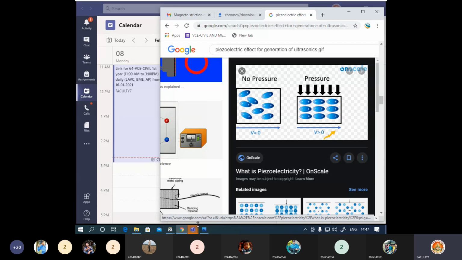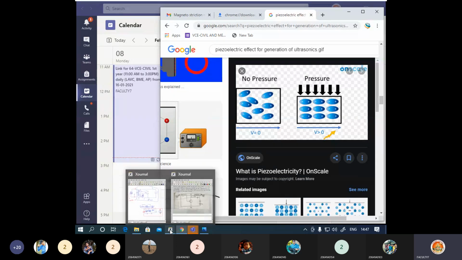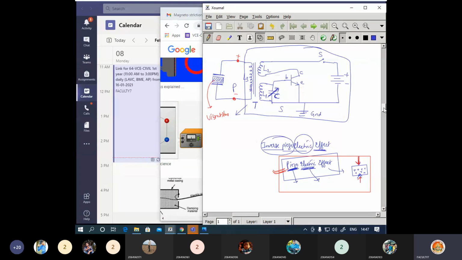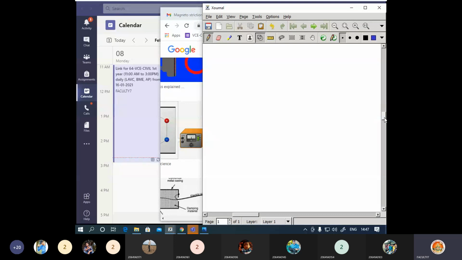So now here, what actually the application of the piezoelectric crystal means, if you want to generate the electricity, let me go with this one example I am going to give. Okay, so not regarding the ultrasonics, I am going to give the explanation for the piezoelectric effect. We are going to utilize it in another concept also. Okay, so where you are going to utilize this means, now here we are not going to see any ultrasonics. Okay, now let us see here what is the application of the piezoelectric effect.